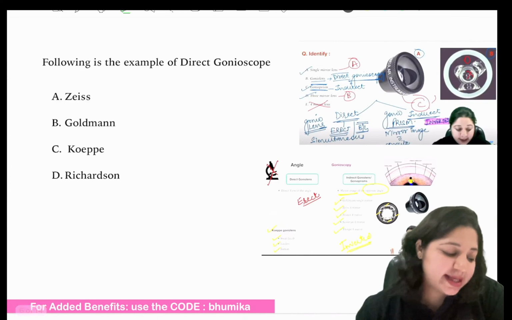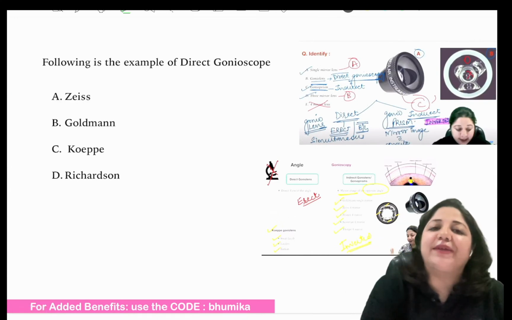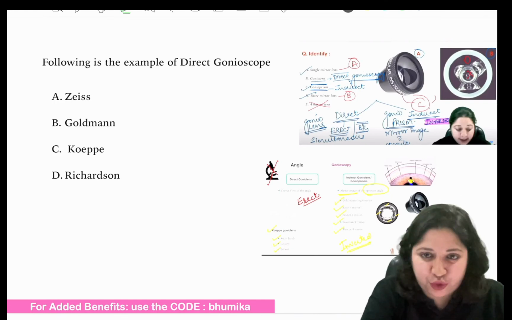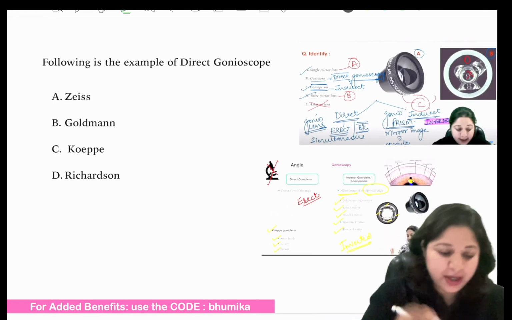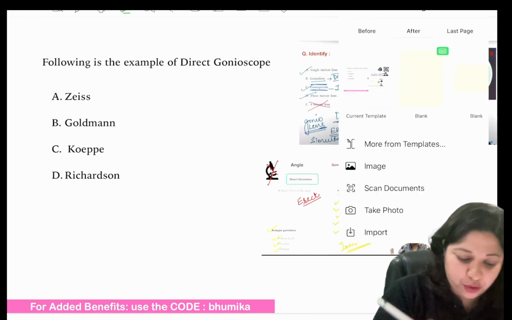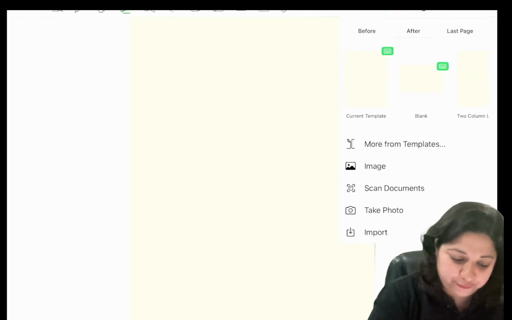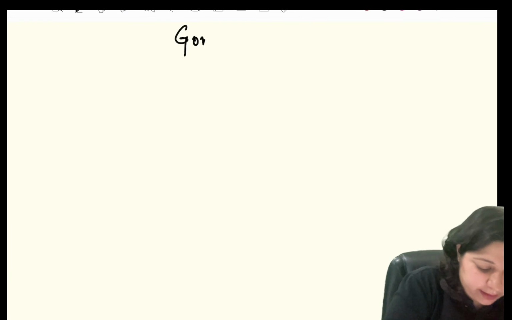Next, we come to what is the following is the example of direct gonioscopy. So basically, when you talk of direct gonioscope, it was something which was very, very direct question. We know what is direct and we know what is indirect gonioscope. So just to quickly revise, if you want to revise here, let's see. So when we talk of direct and indirect gonioscopes,